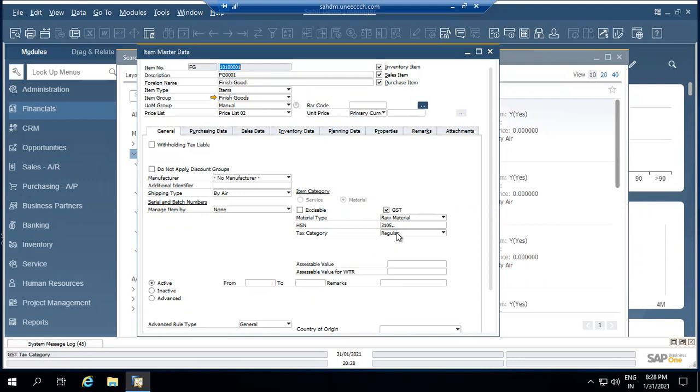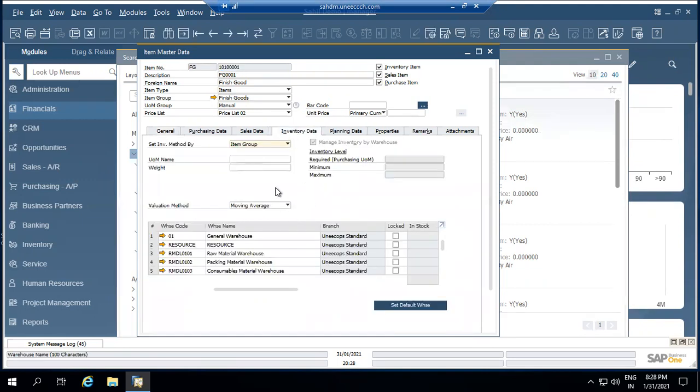You can define, or you can align the HSN in the system. Another important thing is, you can see the inventory tab is there, where you can set the valuation method like moving average, standard, and FIFO, as well as you can set the minimum and the maximum inventory in the system. So whenever your inventory touches the minimum point, the system will give you an alert.